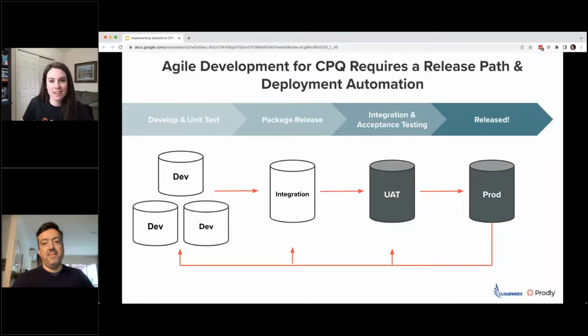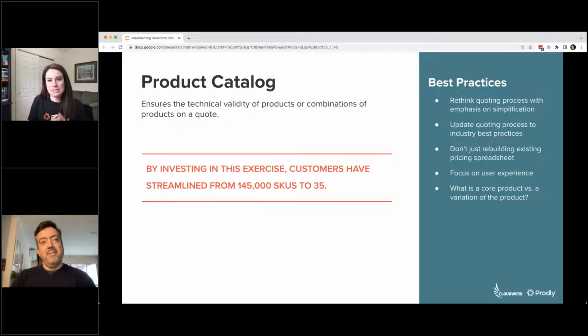So, all right, into the meat and potatoes, the core domains of CPQ. The first and the biggest, most important, is your product catalog. There are going to be two big themes throughout all of these domains, but it's especially important with product catalog. The first is, this is your opportunity to rethink everything about how you're currently quoting and selling to customers. You are investing in CPQ to digitally transform your business. You are not just trying to rebuild the pricing spreadsheet that your sales reps have been sharing around the sales